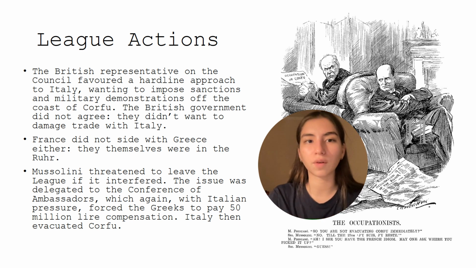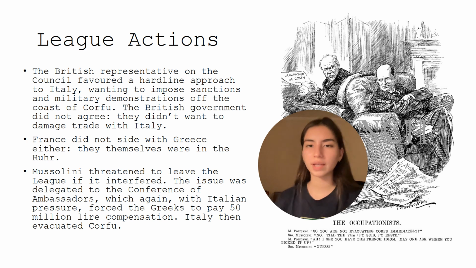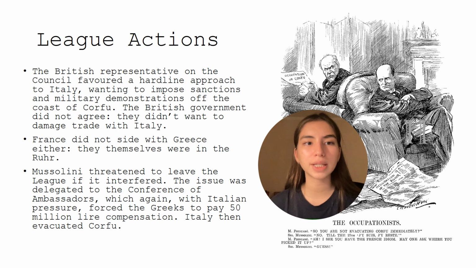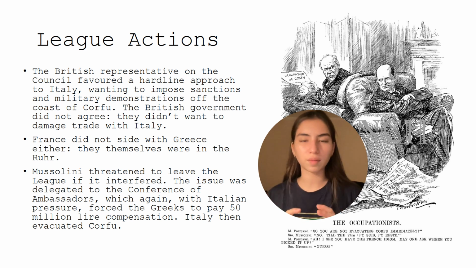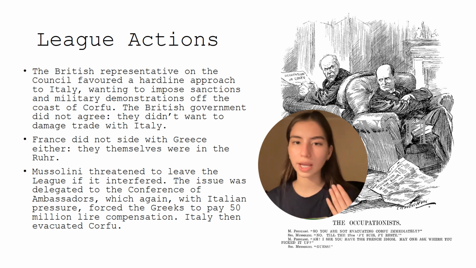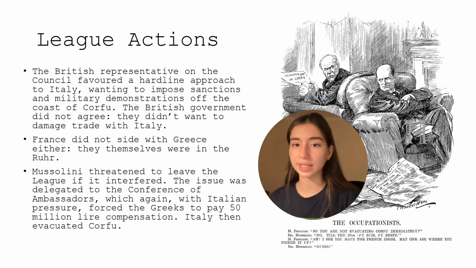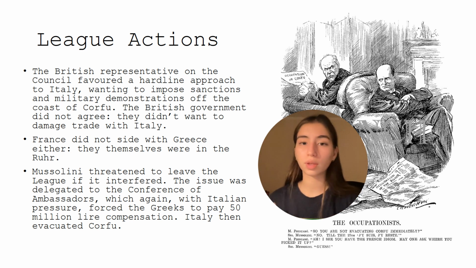Because the British representative on the council, Robert Cecil, favored a hardline approach to Italy, and he wanted to punish Italy for what they did, so Italy would evacuate Corfu and the situation could be resolved. However, the British government did not agree, because they didn't want to damage trade with Italy. So the British government had its own interests in mind, and they'd rather preserve their economic status instead of carrying out trade sanctions against Italy, because this would have harmed their own economy, and they didn't want to do so. Even though Britain's own representative on the council favored